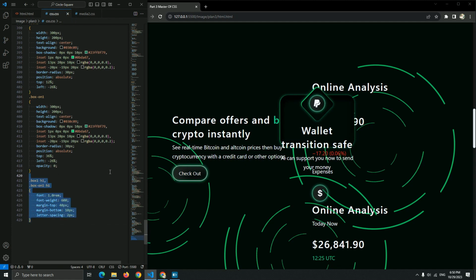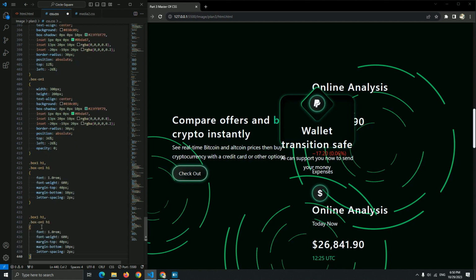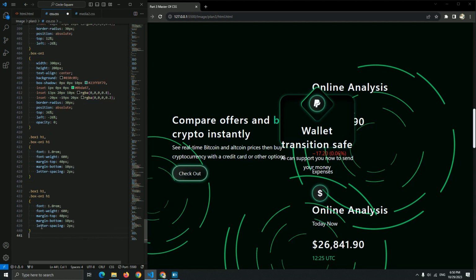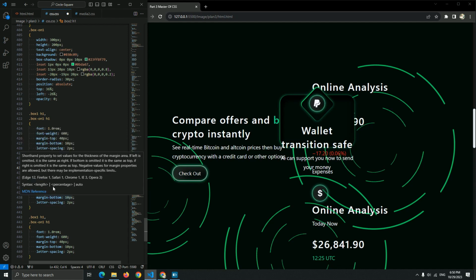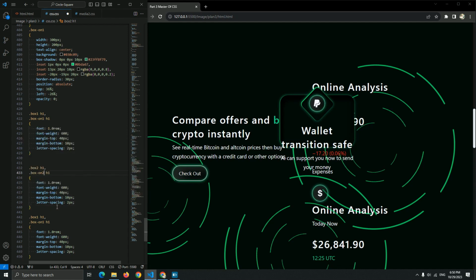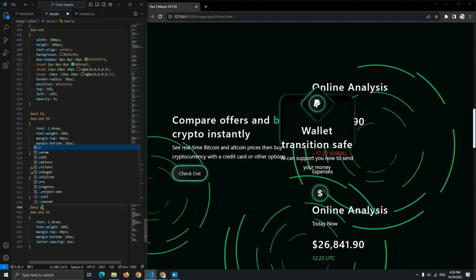I don't know if it works or not, so let me just copy paste it for the 2 and the 3. Box 2 H1 and the box one 2 H1. The font size let be the same, but the font weight and the letter spacing, let me just remove this, guys. We don't need it. Just add this. Okay, and for this let me just add a description P. Okay, box 2, I start with the 2 and this P2, box one 2.